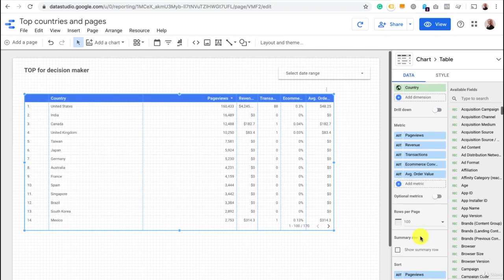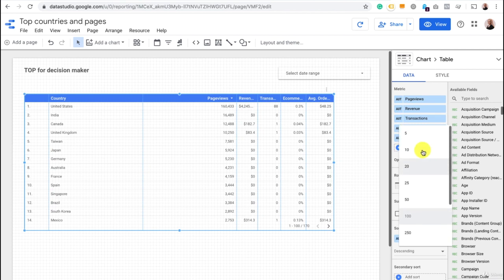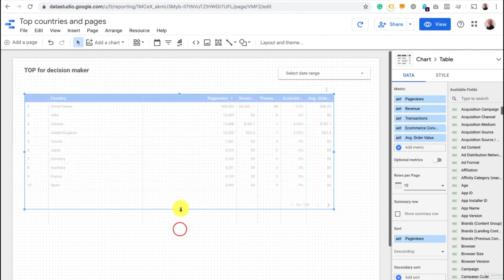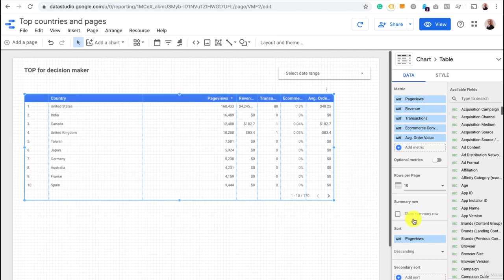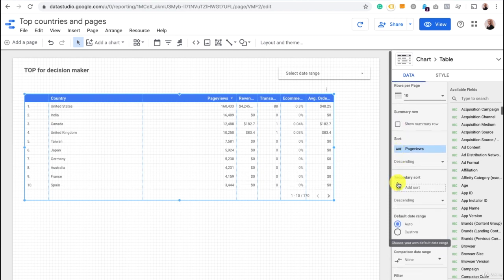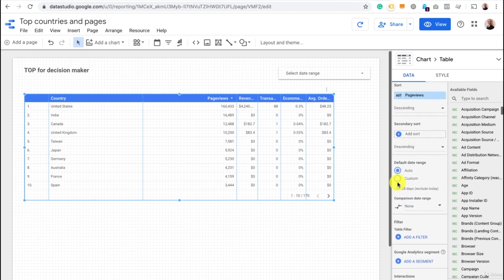And here we are. Here, rows per page, we want to limit that to, let's say, top 10. Yeah, now we can have this spreadsheet a little bit smaller. That's nice. Show summary rows. Yeah, why not? We can, if you're interested in this. But maybe not, because the majority of revenue is coming from the USA as well, since it is a US store. Here for the date range,